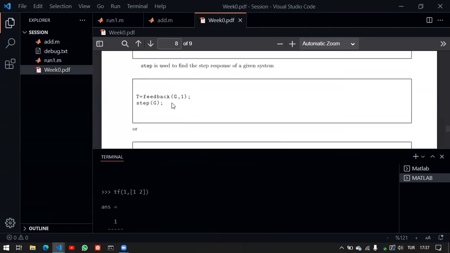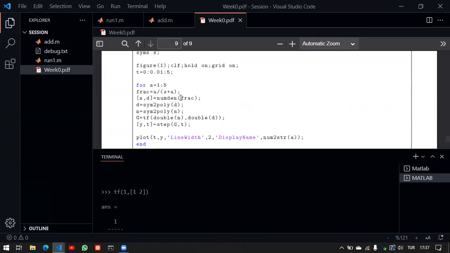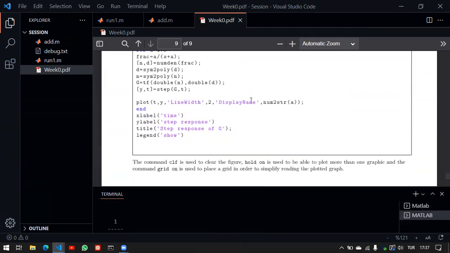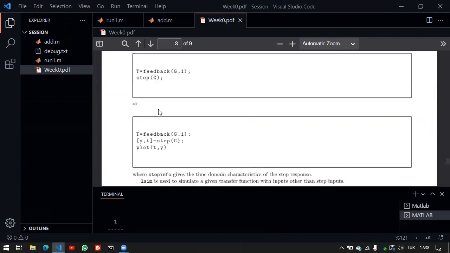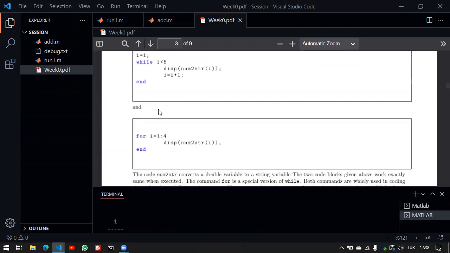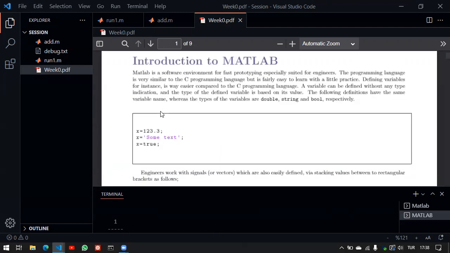Now, at this point, I will skip these parts because they are just basic examples, and then we have a code where I show how to basically plot stuff. There are some extra stuff, but you will see that in the upcoming lessons. So yeah, I would say that this is it for this week, but next week and the weeks from then on, we will have some control system knowledge in it. So this was basically just an introductory level. So basically keep that in mind. And if you have issues